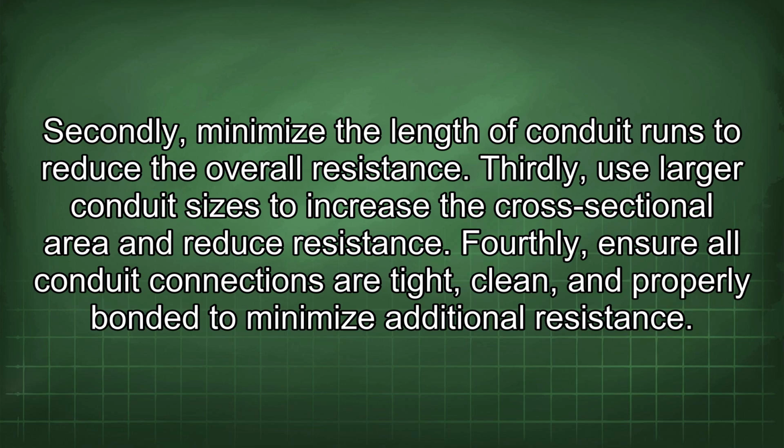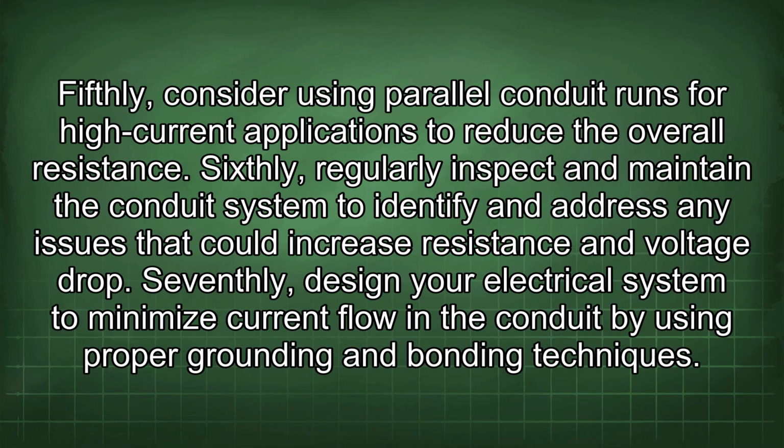Thirdly, use larger conduit sizes to increase the cross-sectional area and reduce resistance. Fourthly, ensure all conduit connections are tight, clean, and properly bonded to minimize additional resistance. Fifthly, consider using parallel conduit runs for high current applications to reduce the overall resistance. Sixthly, regularly inspect and maintain the conduit system to identify and address any issues that could increase resistance and voltage